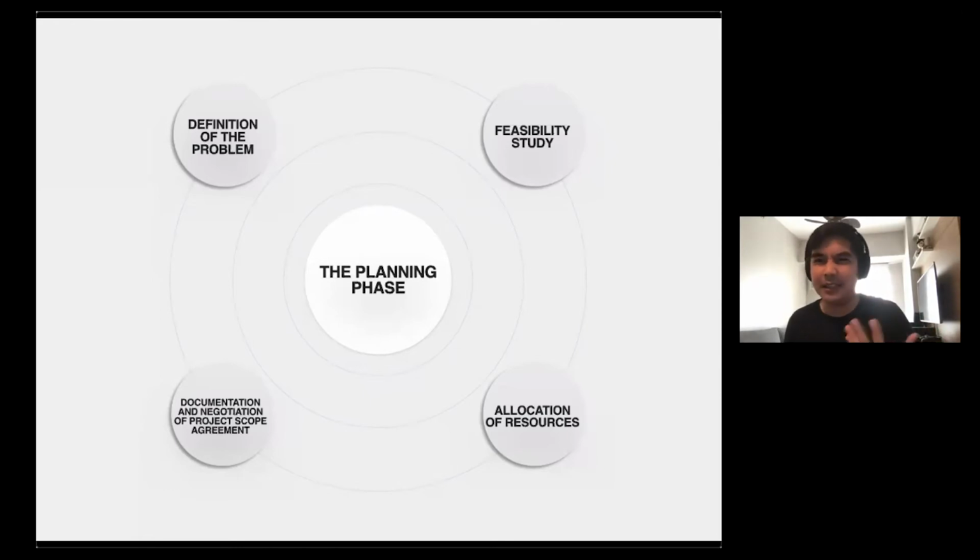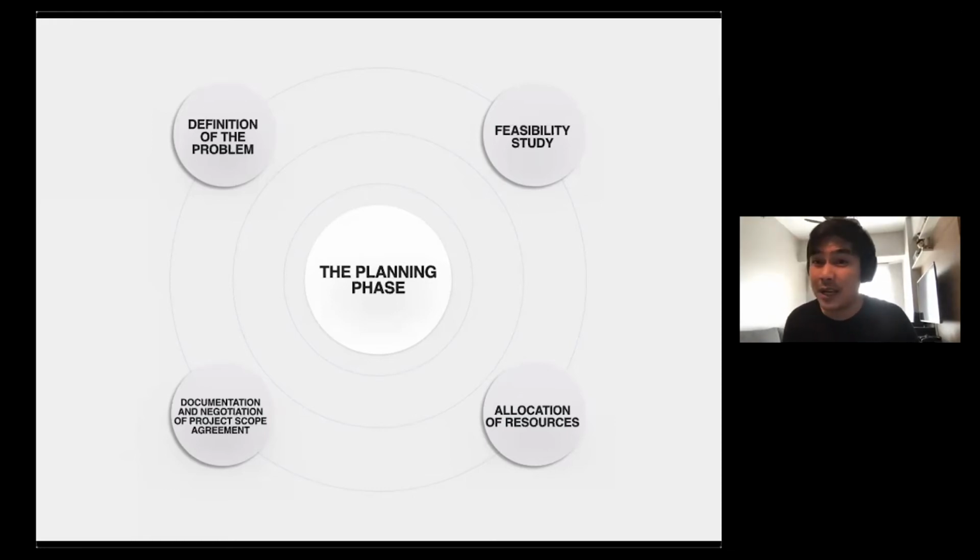So ina-identify natin yun. Bakit ba tayo nagde-develop ng system? Bakit ba nagde-develop ang mga programmer ng mga software? Because number one, there is a problem and we need to identify that initially. Number two, we need to also check the feasibility. Would it be appropriate or would it be feasible for us to create this system? Okay ba ang financial? Okay ba ang manpower? Okay ba ang talent natin na gagawa ng clinical information system?